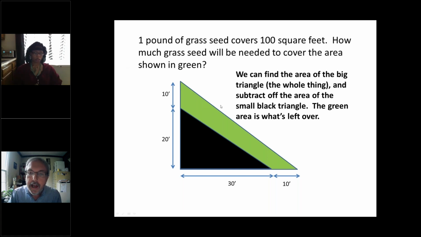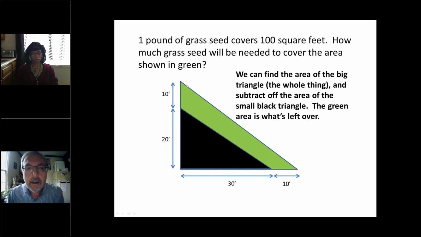So to do that, one strategy that we might do, and this is probably the easiest because it would be really hard to break this piece up into little pieces, add them all up, and figure out what this area is. That would be really hard. We could do it, but it'd be hard. The easiest thing